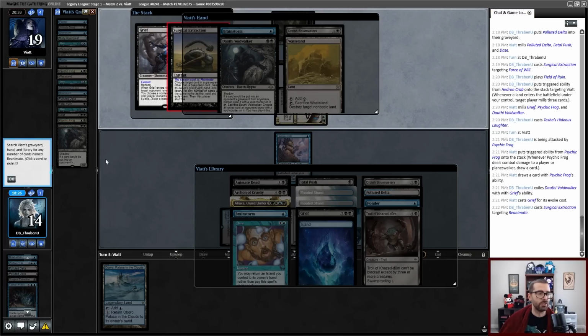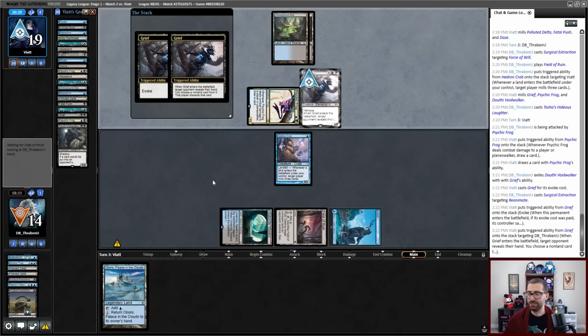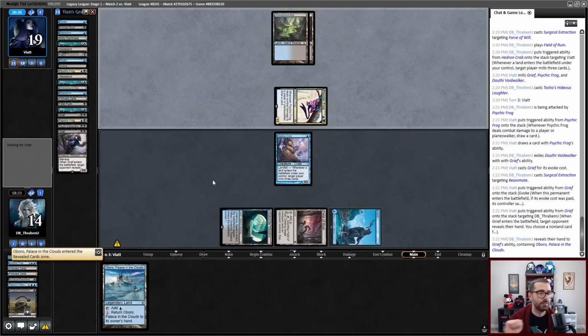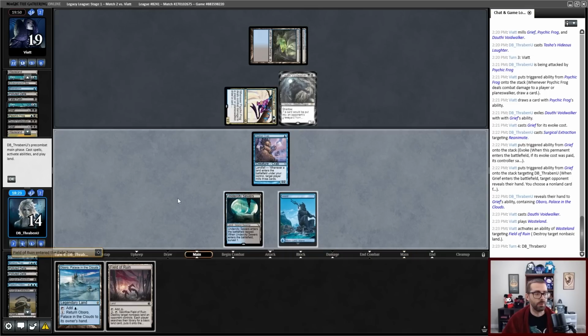I am going to get Wastelanded. That's fine. I guess I could have done math on Tasha's if I top deck another one, but, you know, I'm just going to cast it. And there is the Dauthi Voidwalker. You can Wasteland my Field of Ruin. That leaves me with the Oberon for...